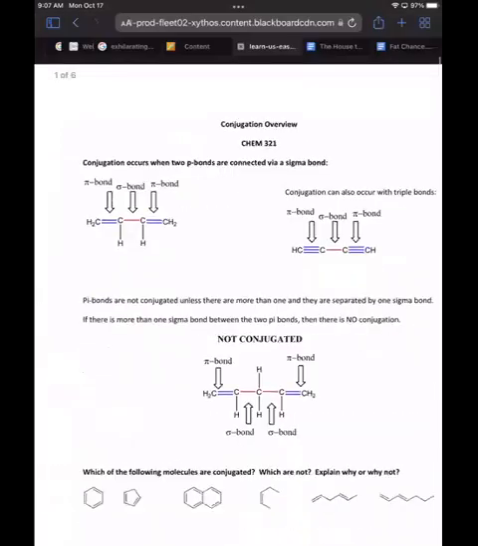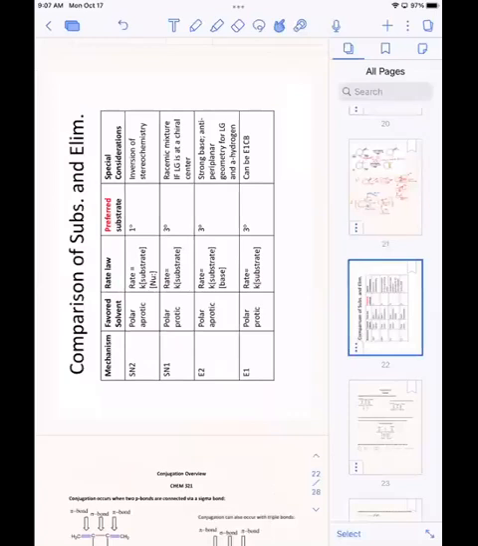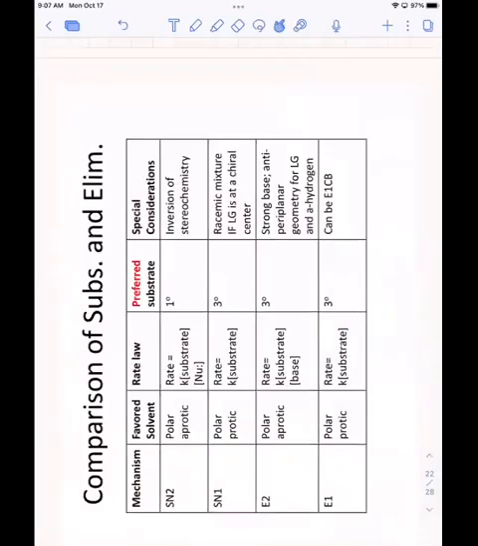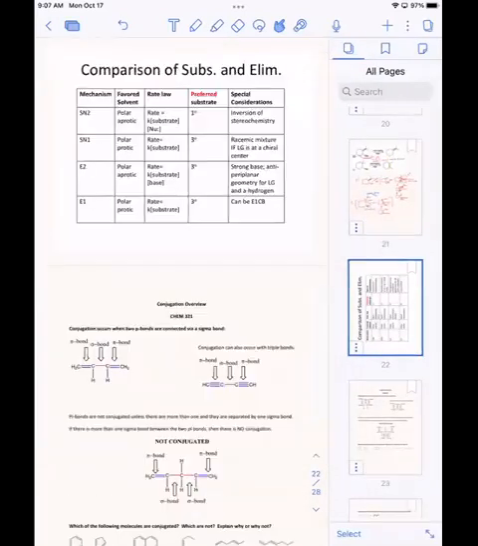Let me add a page in here. Hold up. So yeah, let's wrap up. Trying to turn this page. Let's wrap up